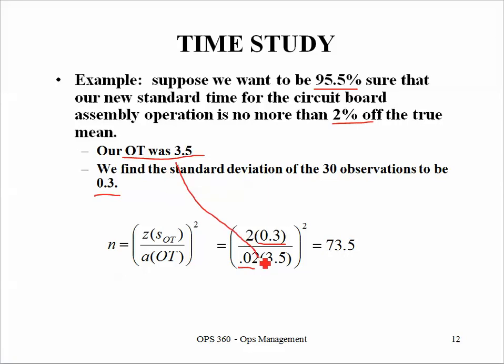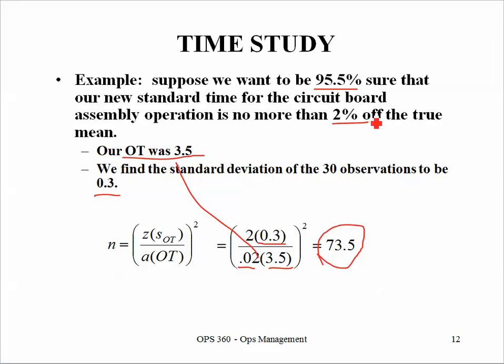Here's my original average observed time. 2 times 0.3 divided by 0.02 times 3.5, all squared, ends up being 73.5. So that means I need at least 74 observations, if that's my standard deviation and that's my original mean, to be 95.5% sure that I'm off by no more than 2%. So my initial 30 observations are not nearly enough. I need to go back and collect additional observations